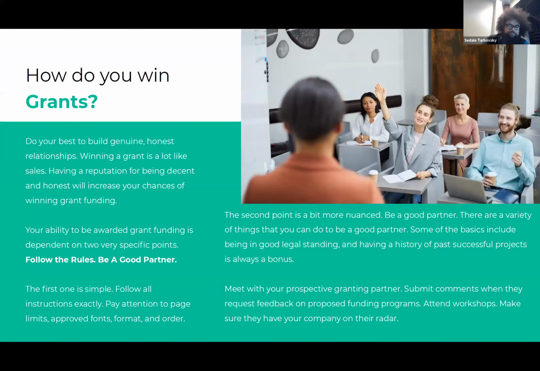How do you win grants? So this is probably one of the things that comes up a lot. At the past company that I was lucky enough to study and work with, this team at a company called Momentum, which I mentioned earlier, they have and they continue to have an incredible amount of talent and success writing grants in this space in particular. And there's a lot of different reasons that anyone can be as successful as they are with grant writing, but it really boils down to a few specific points.